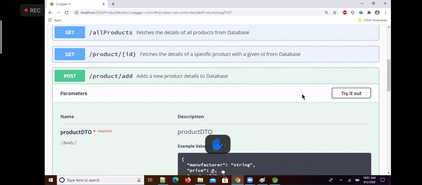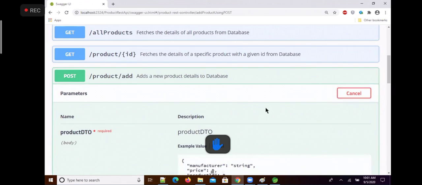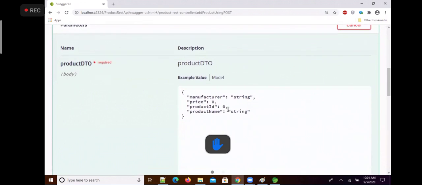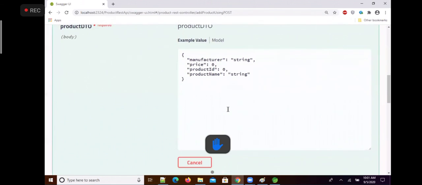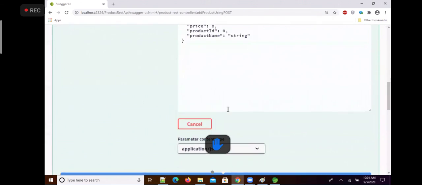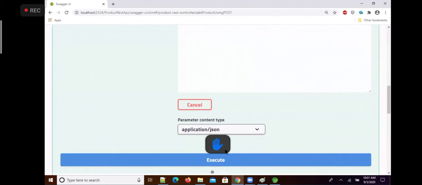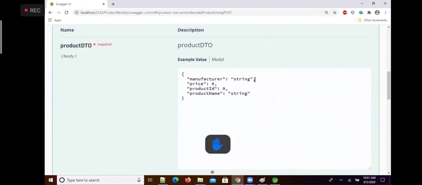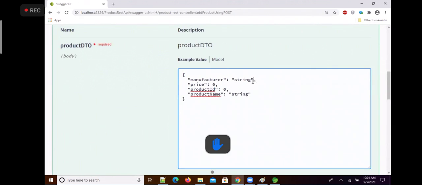If you want, you can try it out. Okay, parameters. Before clicking on execute, enter the values here, replacing the example value. Manufacturer, some manufacturer, say Asus.